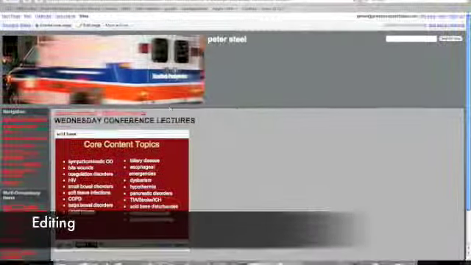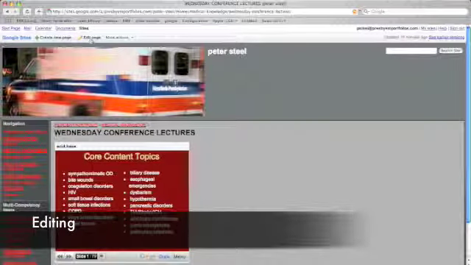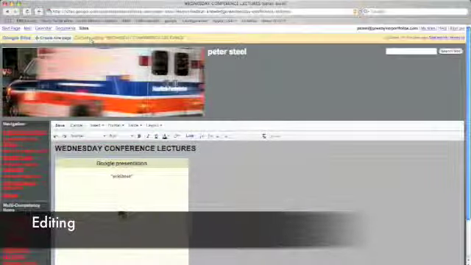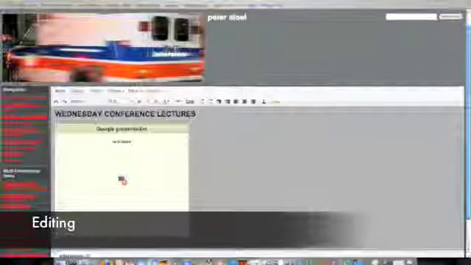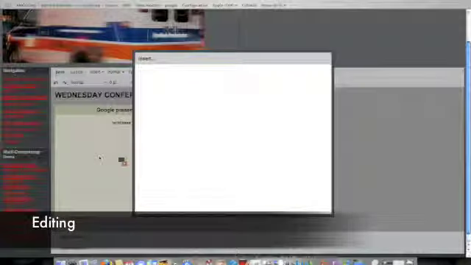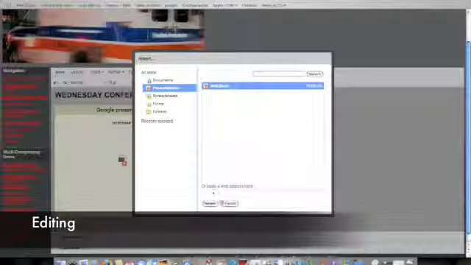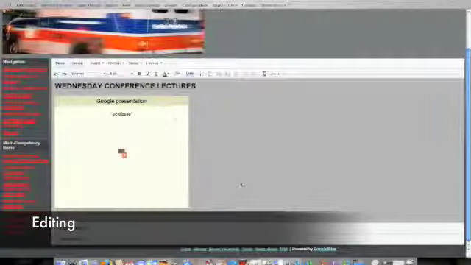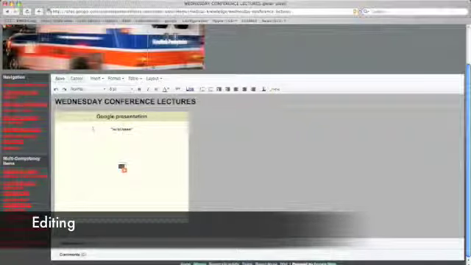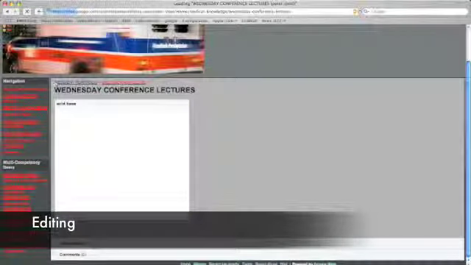The next step is to actually embed it into the website. In order to do that, you click Edit, which we're familiar with at this point, Insert, Presentation, select the name of the presentation, and hit Select, and you're done. This is the end result. While you're still editing the actual web page, this is what it will appear as, but once you hit save,